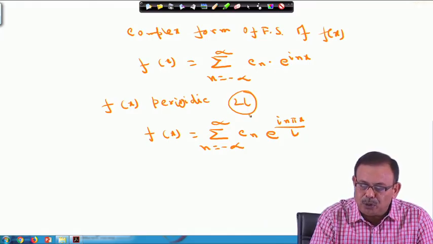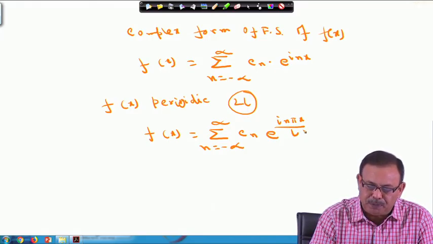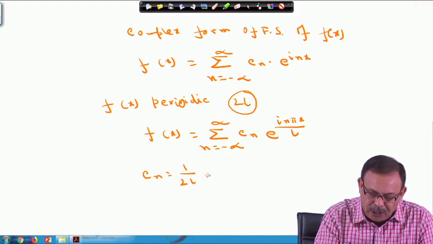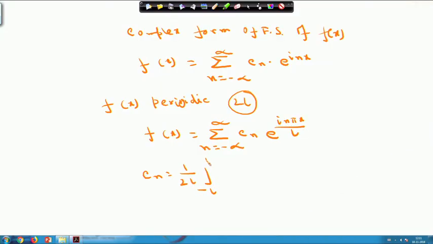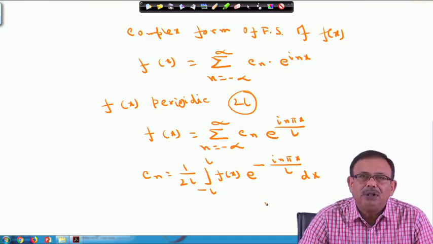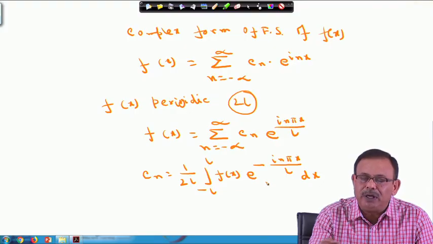If the period is 2L, this will be transformed to e power i n pi x by L, where your C n can be represented as 1 by twice L, integral from minus L to L of f(x) into e power minus i n pi x by L into dx. So, therefore, please note that the complex form of Fourier series of a function is initially whenever it is given